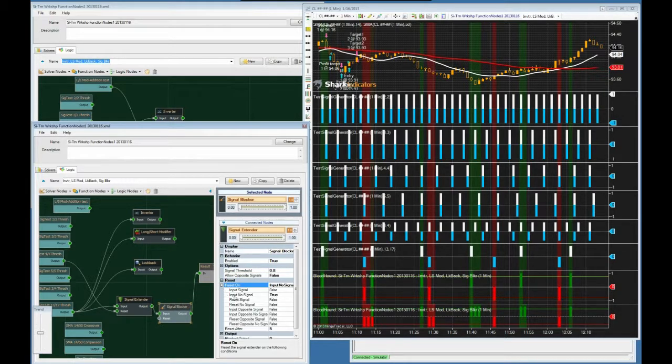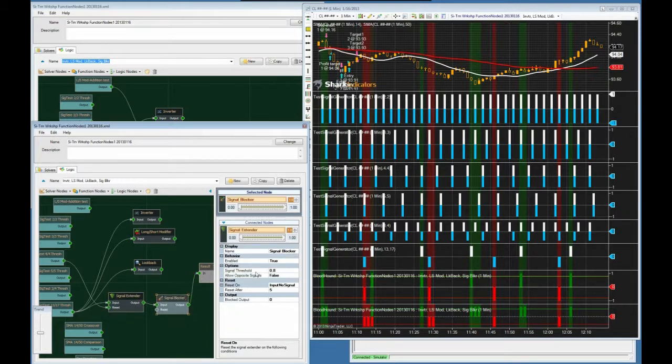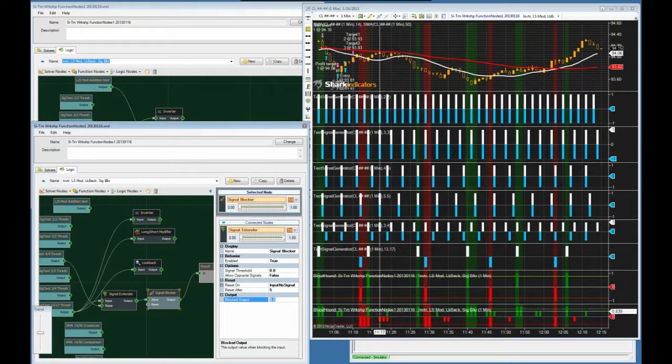based off of these parameters. And the signal blocker we found actually probably still needs a little bit of tweaking for it to behave correctly. That's why we're still kind of in the beta, to be perfectly honest. But let's just take a look. Okay, so what I've done is I've put 0.5 to show the blocked output, but